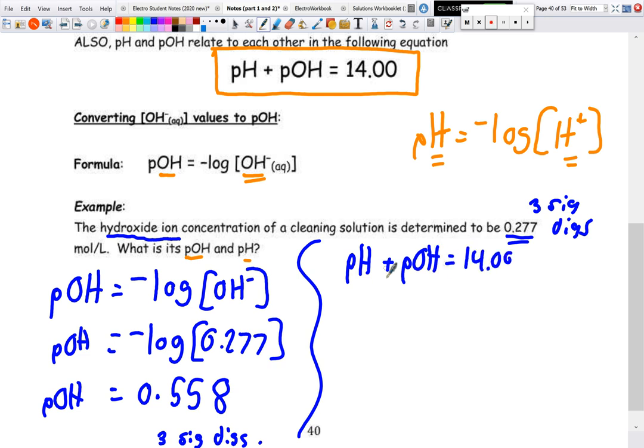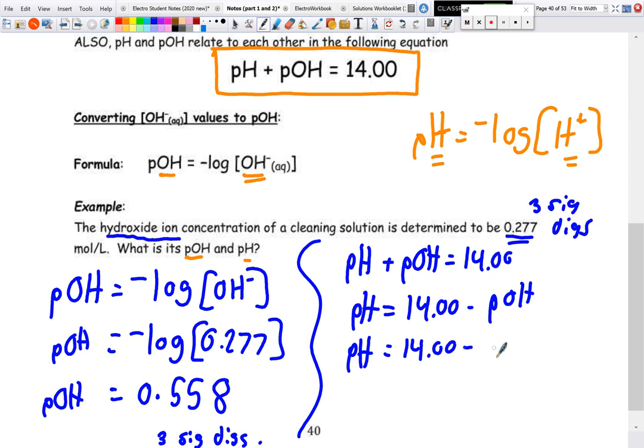So when we rearrange, these are added together, so we do the operation of opposites. In order to get pOH over to this side to isolate for pH, we subtract. So our pH is equal to 14.00 minus our pOH. So pH is just 14.00 minus our 0.558, and we get a pH of